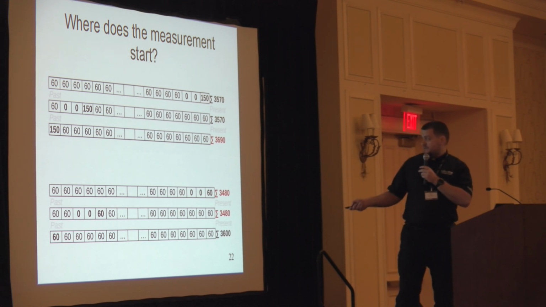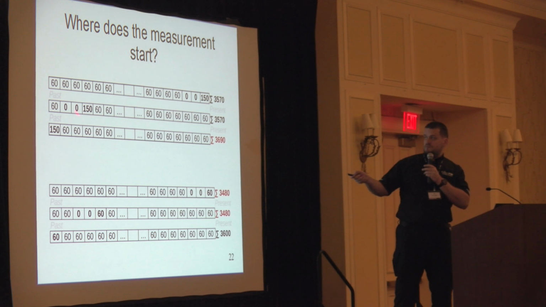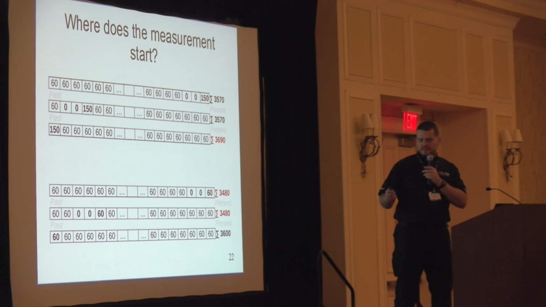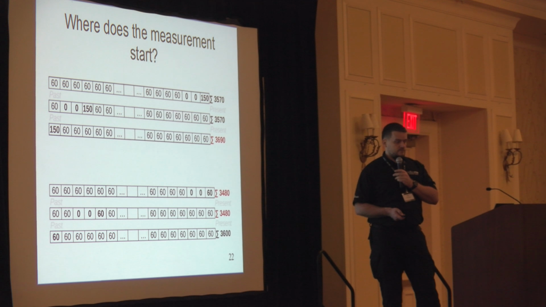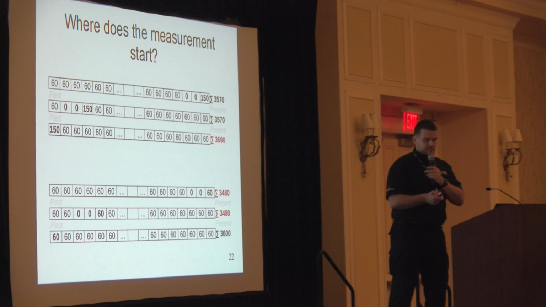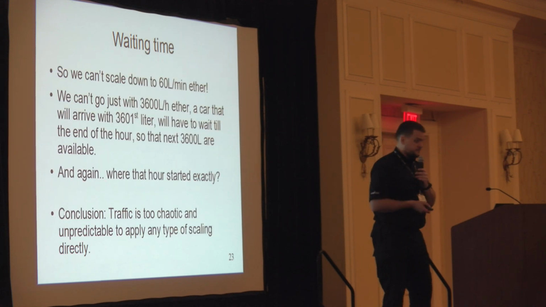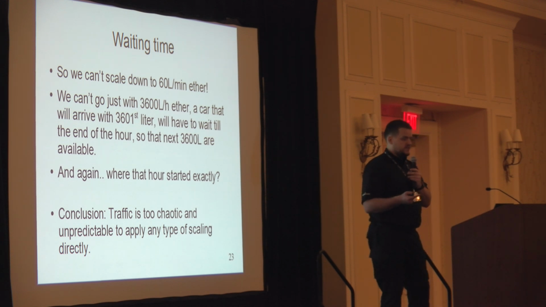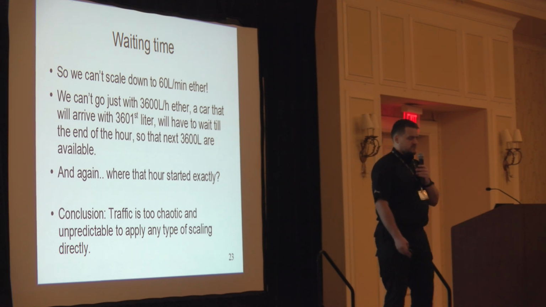So basically, if we don't do the burst over here based on the previous 2 minutes, we will underutilize the tunnel from 2 points of view, and it will look quite nice when we start looking from that last minute. So what to do? How can we implement that perfectly? That means that we can't really scale down to 60 liters per minute. And we can't just use 3,600 liters per hour, because we will run out of the